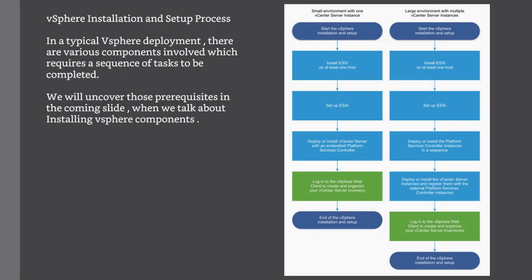So let's begin with our first ESXi install, which is the first thing that you would do in any vSphere deployment. The first step you would deploy is the ESXi, and then you deploy your vCenter virtual machine. You can also do vCenter on a physical machine, but it is always recommended to do it as a virtual machine so that you can